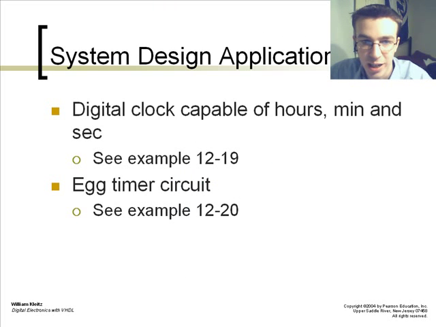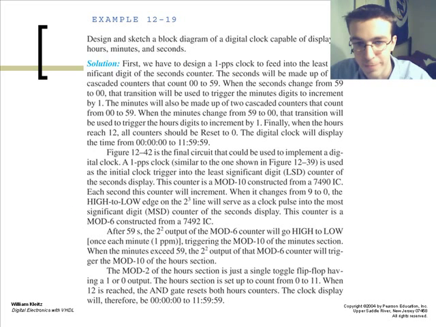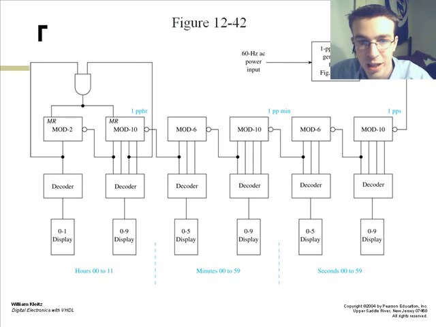Another design application is a digital clock capable of hours, minutes, and seconds. This is seen in example 12-19. We have designed it to read from time 00:00:00, which is hours, minutes, and seconds, to 11:59:59. Doing this, you connect a mod 2 to a mod 10 to a mod 6 to another mod 10